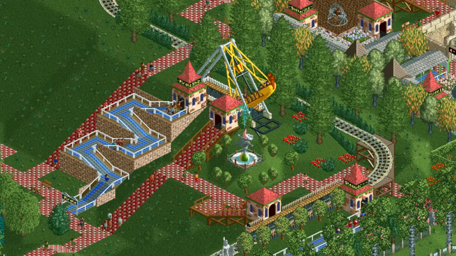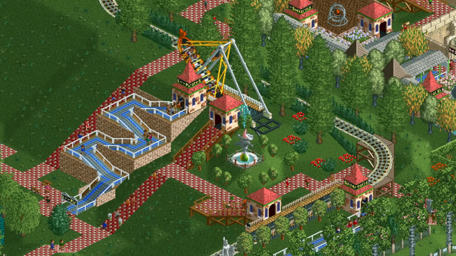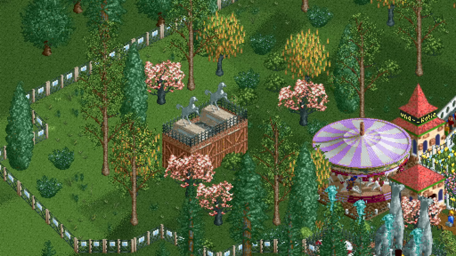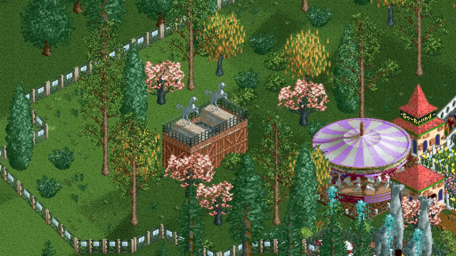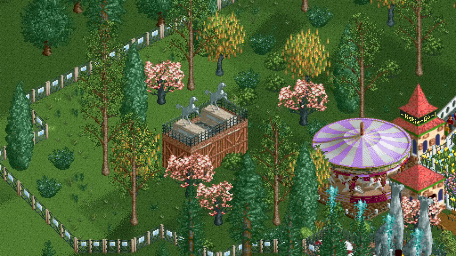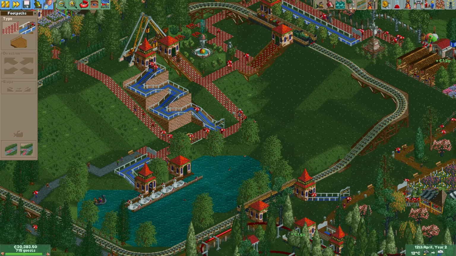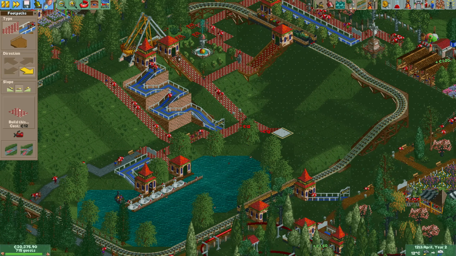For the scenery it will be a bunch of trees and a fountain with some bushes around it. Fountains and statues are your best friend for breaking up all the plant life, which can get a bit samey if you're not careful. From here I think we need another new path connection, this time right by the lake